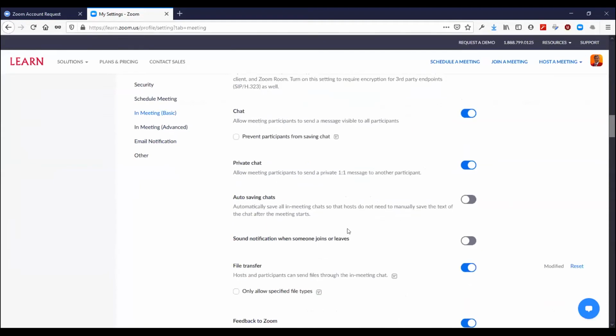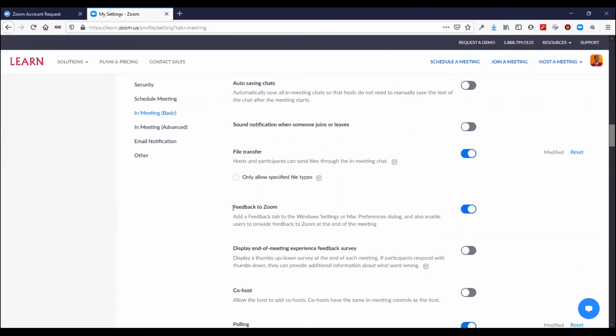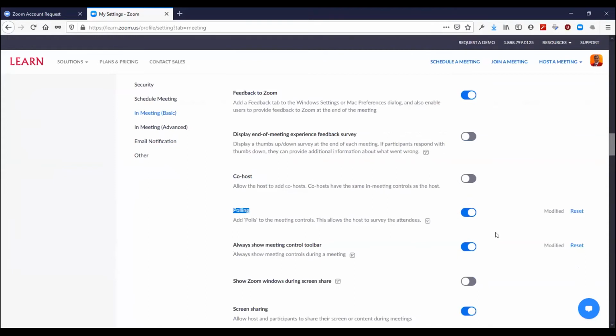If you go a little bit down, you will find this option called polling. Basically it is not enabled. For your accounts, it is like this. If you have not enabled the polling and want to enable it, just click it here, and on the top you will see your setting has been updated. Here you will see the setting was modified. If you want to reset the setting to the original state, you can do that by clicking here. So you have to enable the polling first. That is important. Also, if you want to add co-hosts,